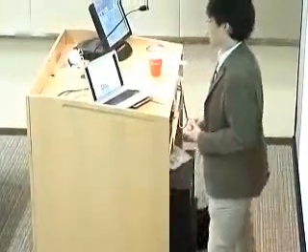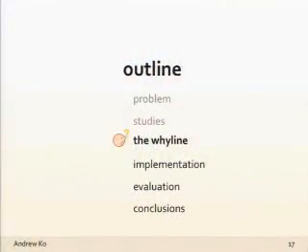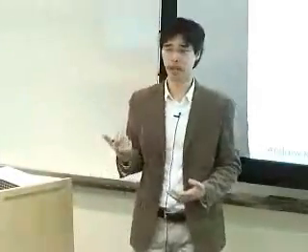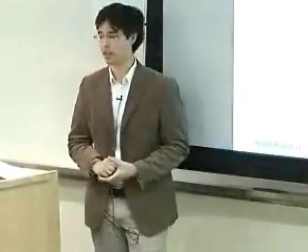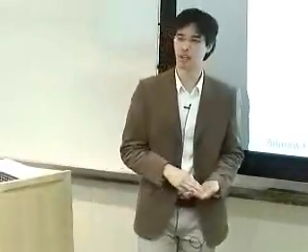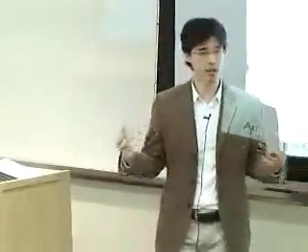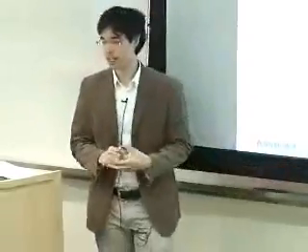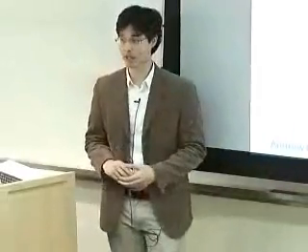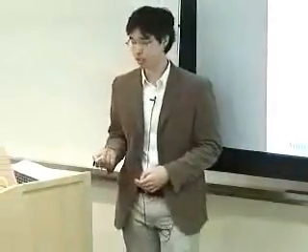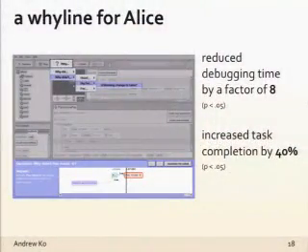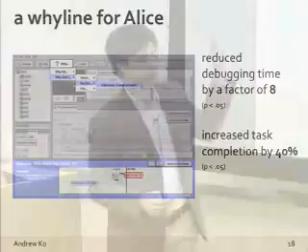Okay? So this brings us to the idea of the Whyline, which is what I want to talk about for most of the rest of the talk. Basically, the idea is to work backwards from output, from what you see in your program's failure. And I've created 3 different prototypes of Whyline-like tools. I'm going to talk about one of them in detail, but first I want to mention 2 of the others, just to give you a sense of the breadth of the idea and how well it applies in different contexts. And then after that, I'll talk about its implementation and some of the evaluations that I've done of the tool. So the first one that I did was a Whyline for Alice, which I mentioned briefly before. Don't worry too much about the questions or the answers here.